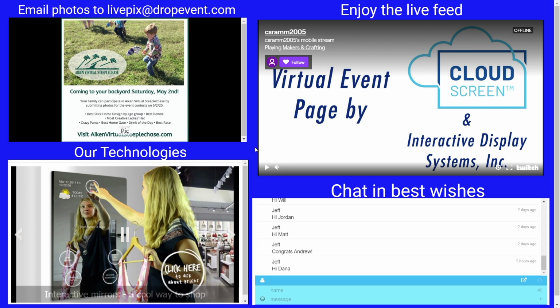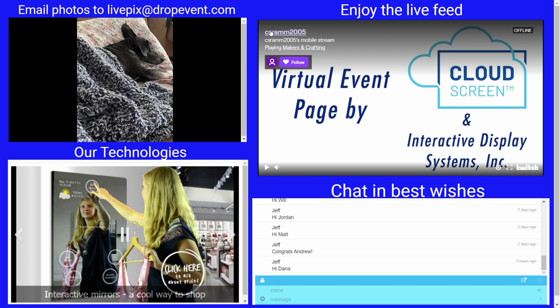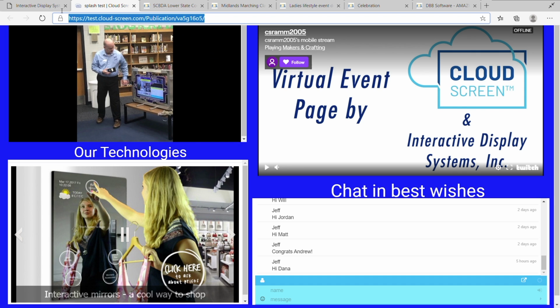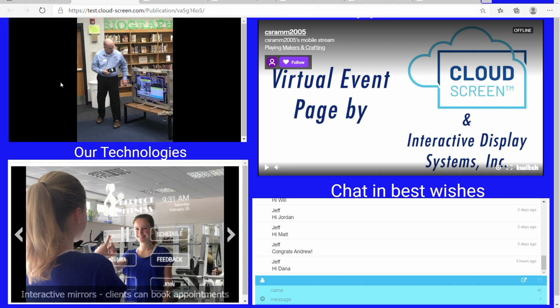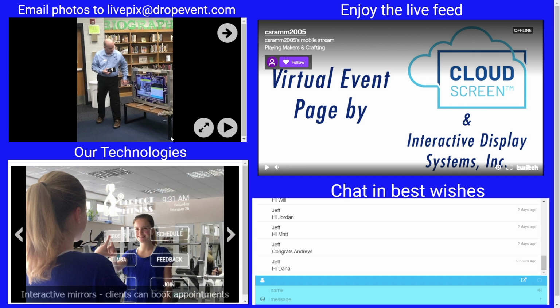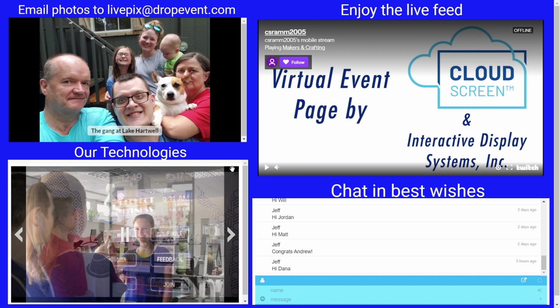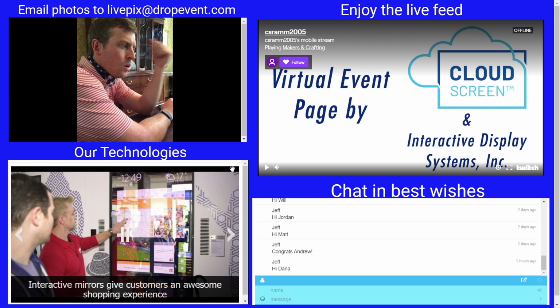So Cloudscreen allows you to put together a page in your dashboard, and then you get a published page that gives you a URL, and you can post this on social media to people and put together all kinds of layouts. This one's anything but fancy, but this illustrates some of the content that you can pull together in a Cloudscreen